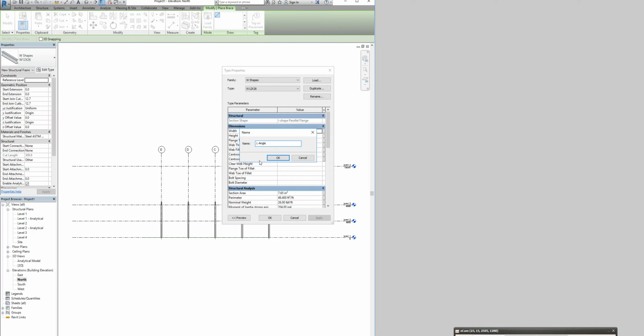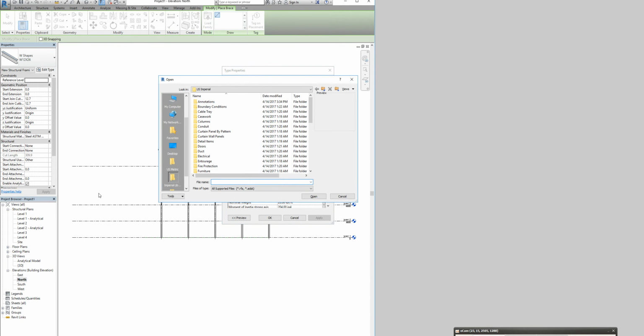Angle, alright. And we're gonna load this family as we show here. On my computer it might be in a different location, but I show the path in here. So if we go to framing,